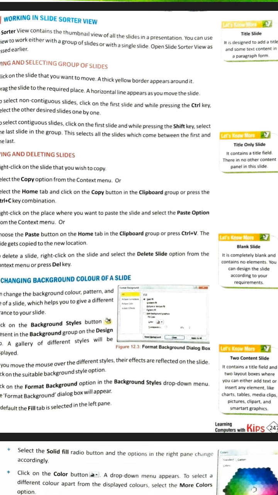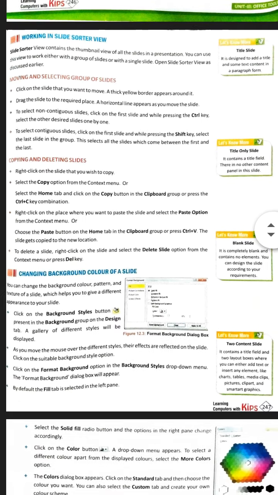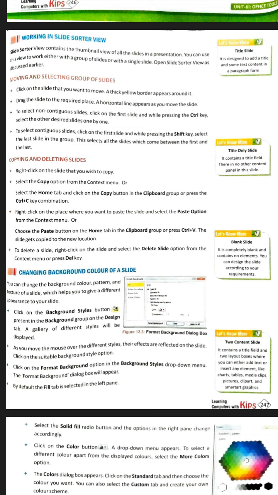as I told you, there are different views of the slides. For example, normal view, slideshow view, slide sorter view. Now here we are discussing the slide sorter view. In the slide sorter view, you can perform different functions. For example, moving and selecting a group of slides. When you click on the slide sorter view, all the slides will come to you in small boxes on the screen,